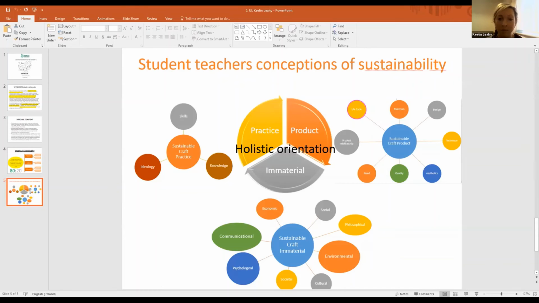Is it from sustainably managed forests? What are the indigenous species and also populations that it's coming from? The aesthetics of the product, does it have a value system for the user? And then right down to the immaterial aspect, which is looking at their own philosophical and also psychological, also the ethics behind what they're doing. So it's really trying to bring this from their year 1, 2 and 3 modules. It's more of a holistic orientation,